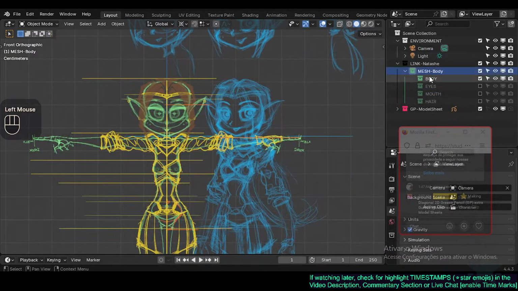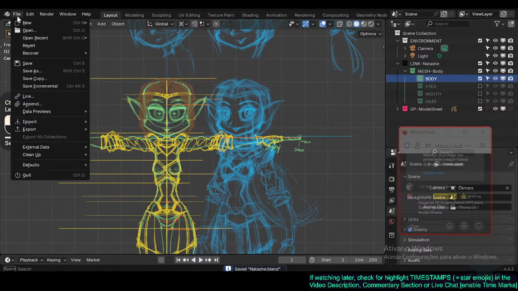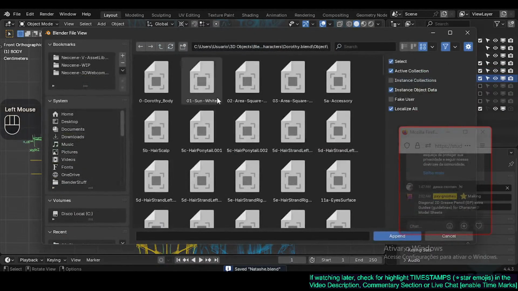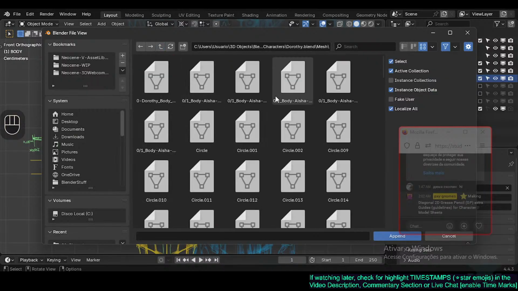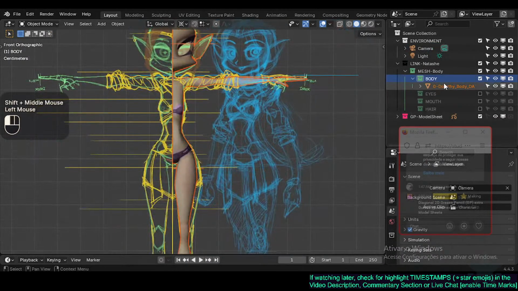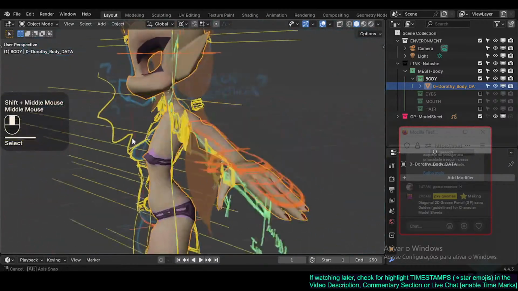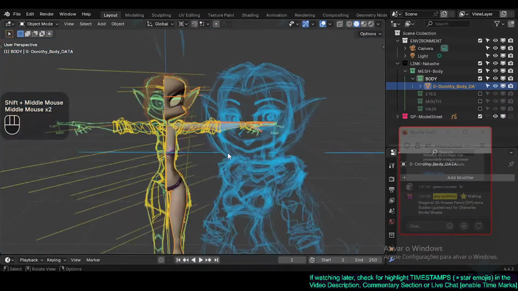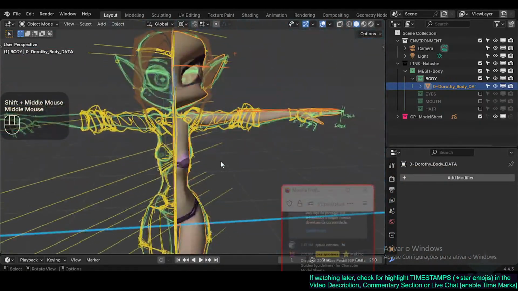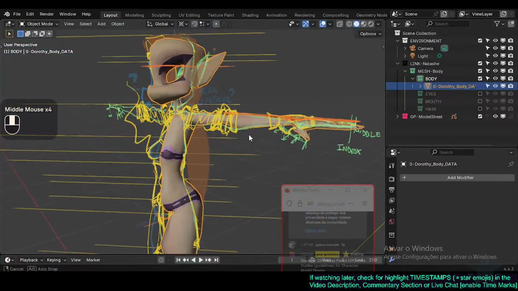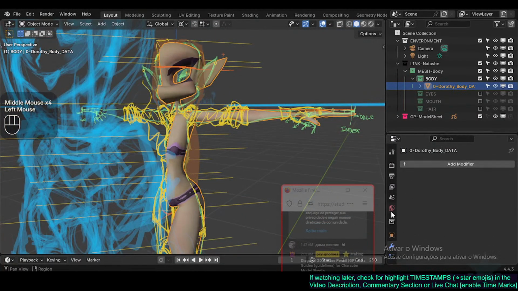So here we're not gonna make a mistake. We're gonna get body exactly in this collection. Gonna go to append again. Now we're gonna look for mesh instead. And now I know the name that I gave it was this one, Dorothy body data. And so here that should bring, yeah, precisely. So this is just Dorothy body, but unfortunately it doesn't hold